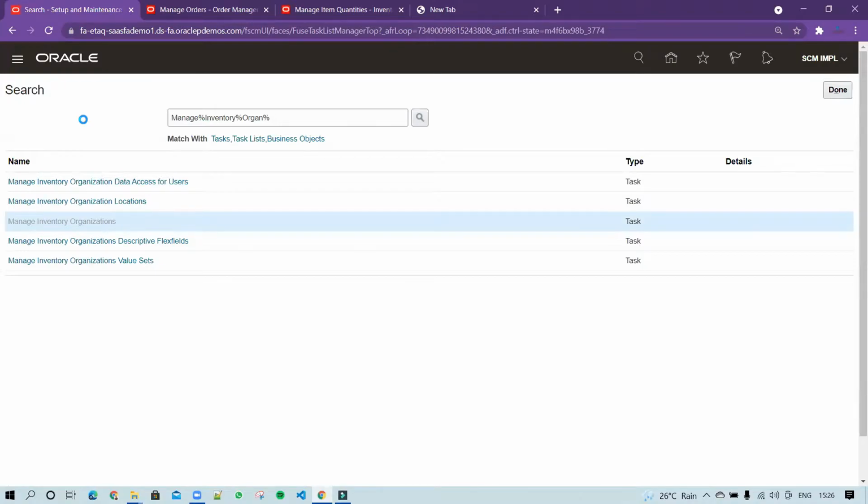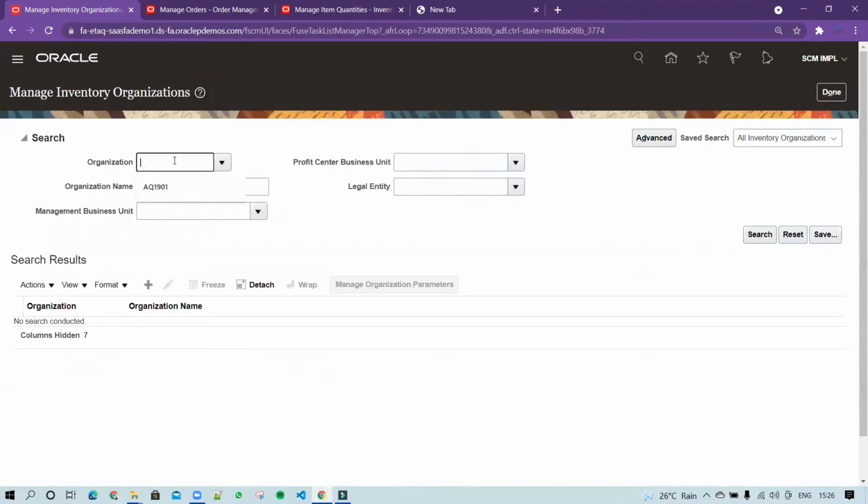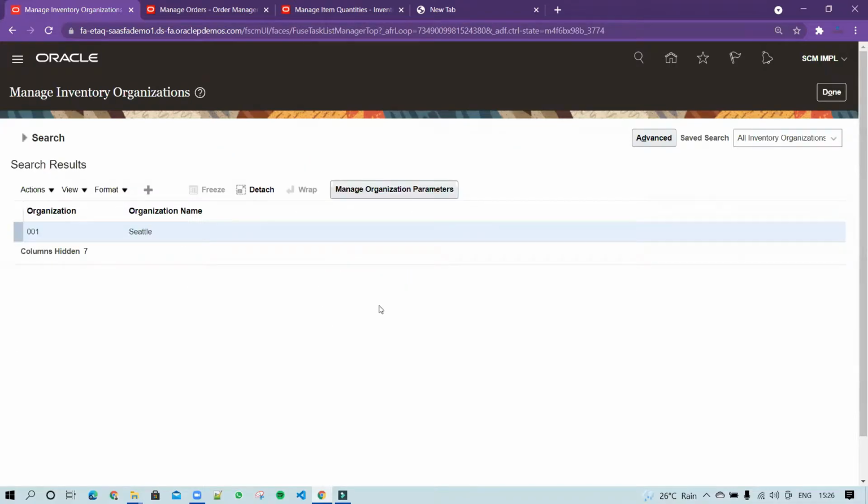We'll go to the manage inventory parameters and disable that flag. Our inventory organization is 001. We'll search for our inventory organization and go to the manage organization parameter.